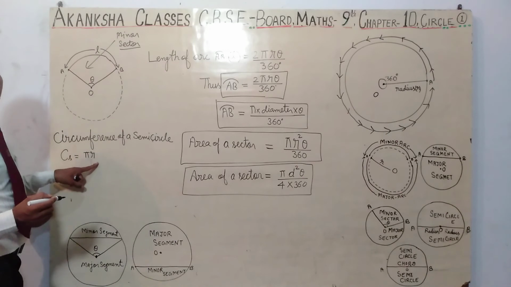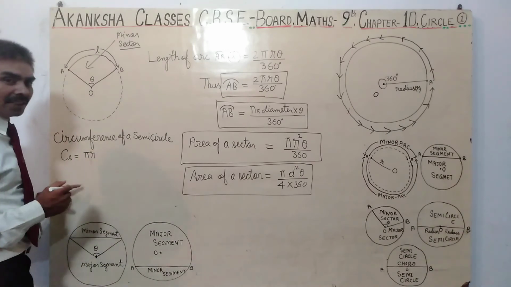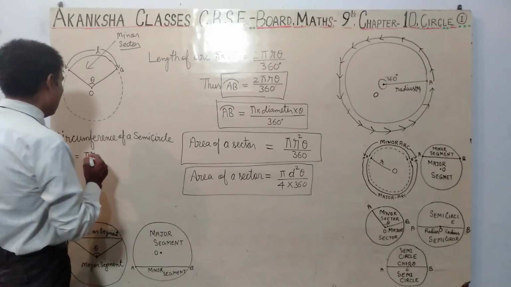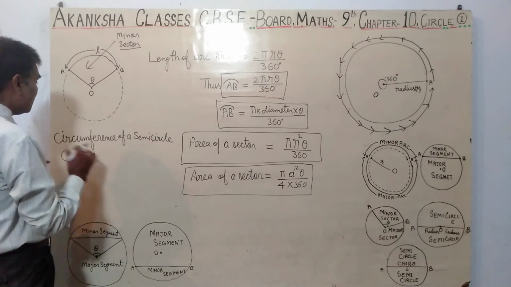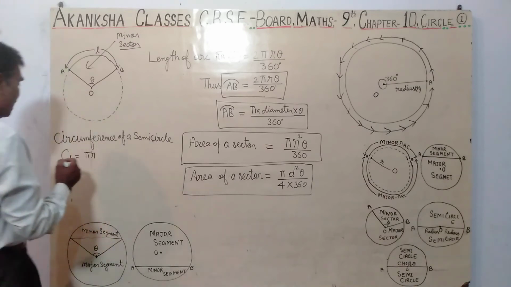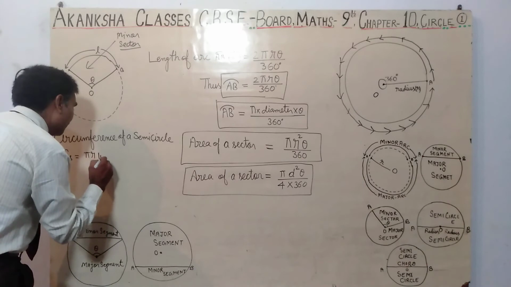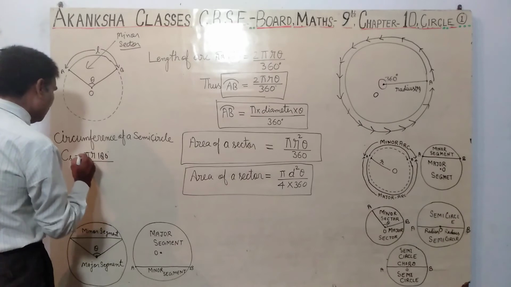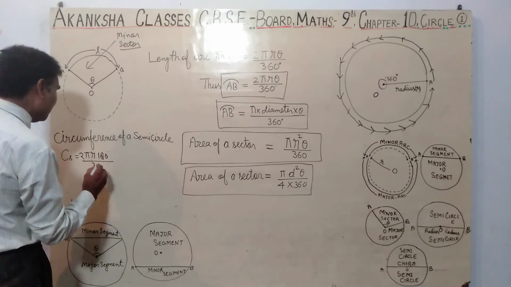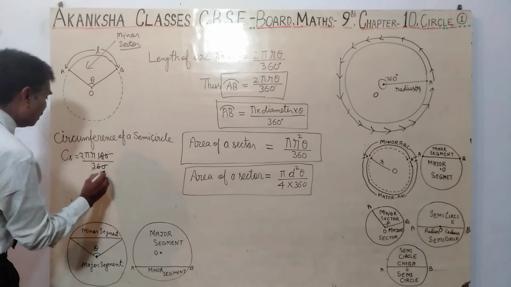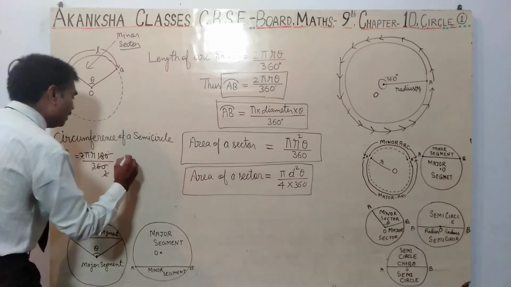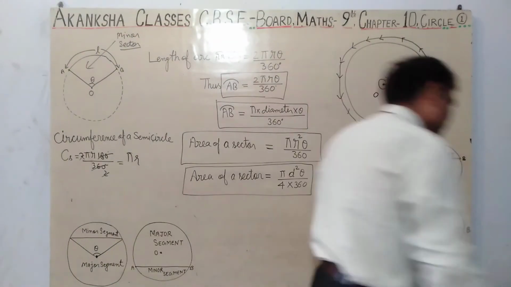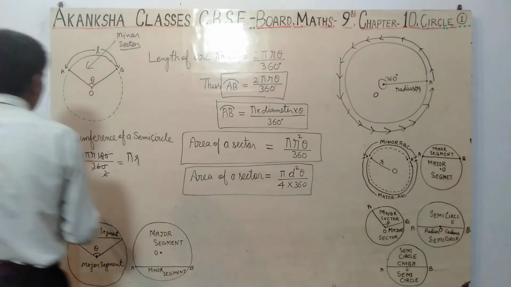For a semicircle the value of theta is 180. I have told you that value of theta in a semicircle equals 180 degree. Hence pi r into 180 degree by 2 pi r, 180 degree by 360 degree equals, what we get? Pi r by 1. Hence we will write circumference of a semicircle